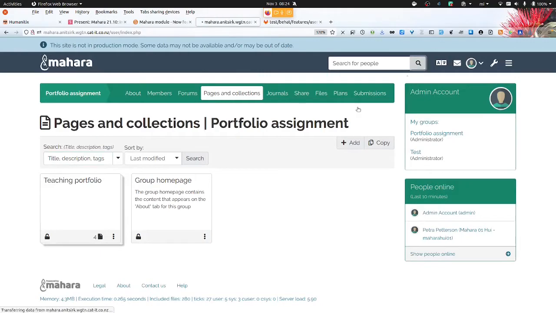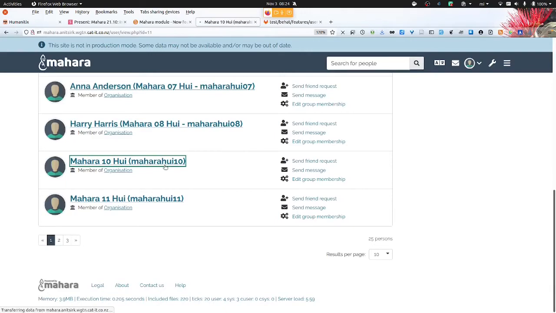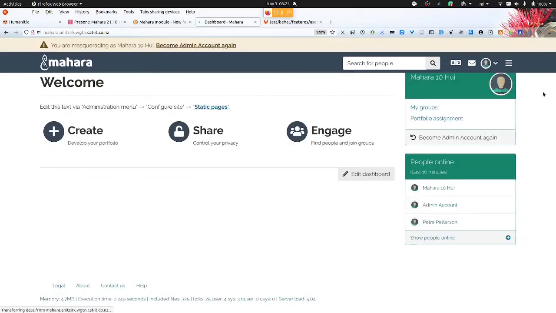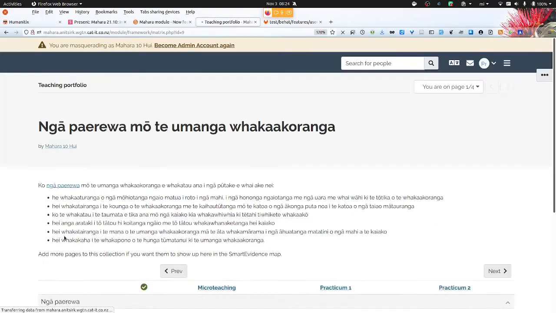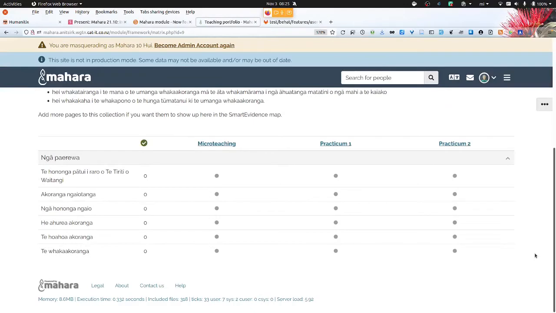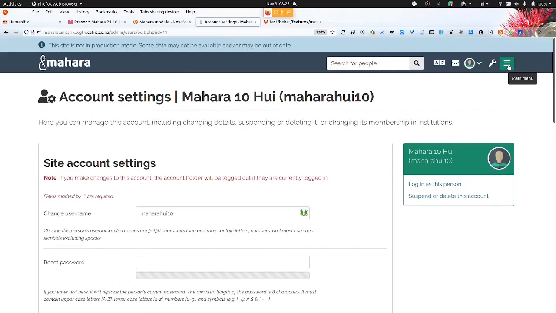And now if I go and find my group member and log in, then they received the portfolio and also have the competency framework right at the start of their collection and can start working with it. Because before you always needed to add that manually into your portfolio. So we cut down on some of those additional instructions again.